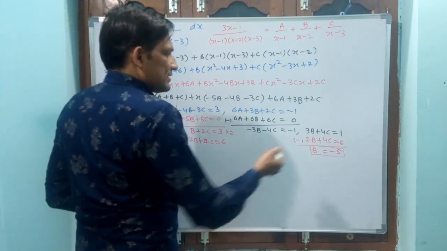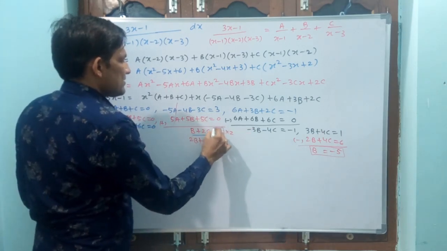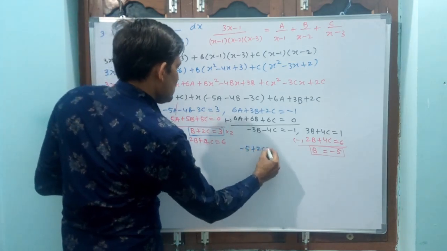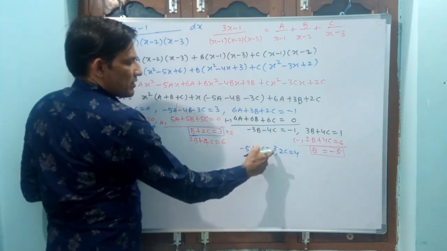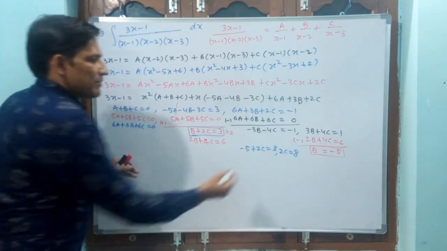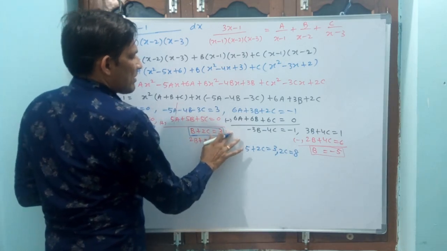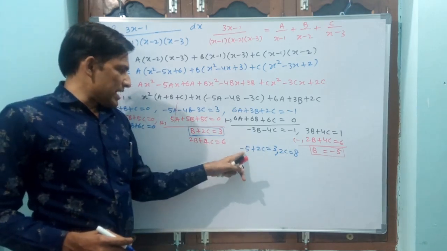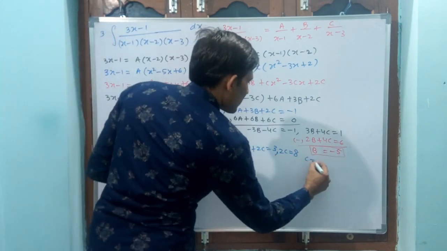Then you get that also. B plus 2c, you substitute in this. B plus 2c is equal to 3. B is how much? Minus 5 plus 2c is equal to 3. Then 2c is equal to 8. Why? Because minus 5 goes that side, plus 5 plus 3 is 8. Okay, I am removing the multiplication by 2, because I have multiplied this. So 2c is equal to 8, and c will be 4.